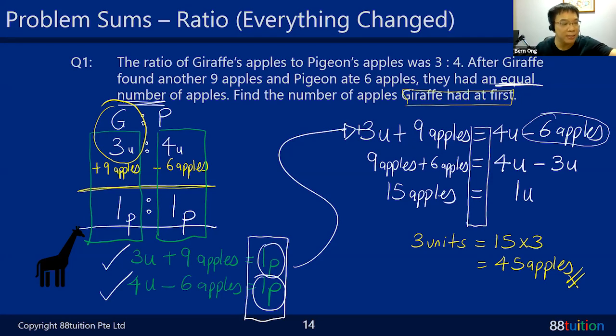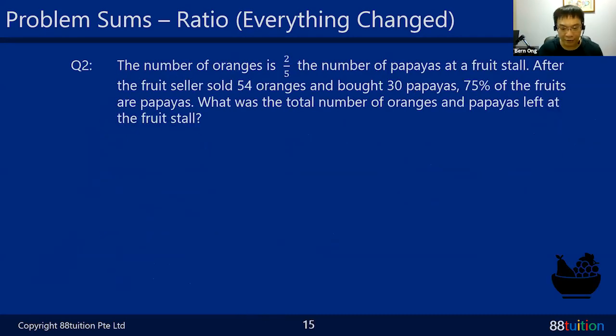All right. So with this method, everything changes, and you can do accordingly. It works, trust me. But you must understand the here and there as a pattern. Learn from it, then you can slowly get there. Yes, Bernice, you got 15, is it? Yes, good job, not 14. And our answer is 45 apples. Correct, Frida. Good job. So let's go on to question number 2. What do you have?